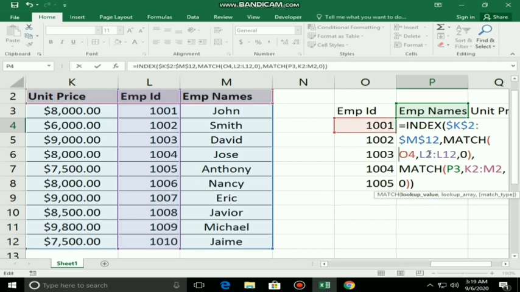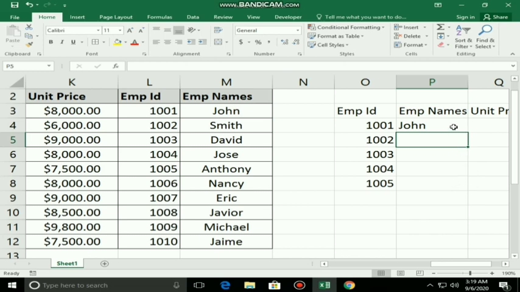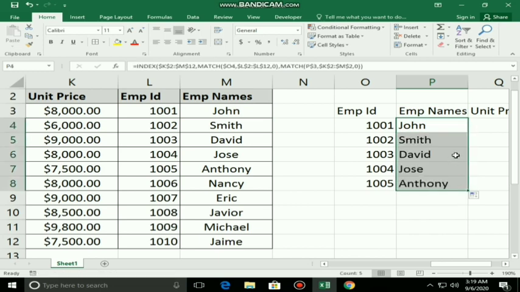So before the column name, put the dollar sign. F4 to lock the range, sorry. Next P3, what is P3? Names. Here the column name changes, so the row is fixed. Change the row to an absolute reference, lock this range. Please watch the symbols I am adding carefully, and while you practice, do the same thing. Hit enter. Now drag down to the remaining cells, and you will get it added automatically.